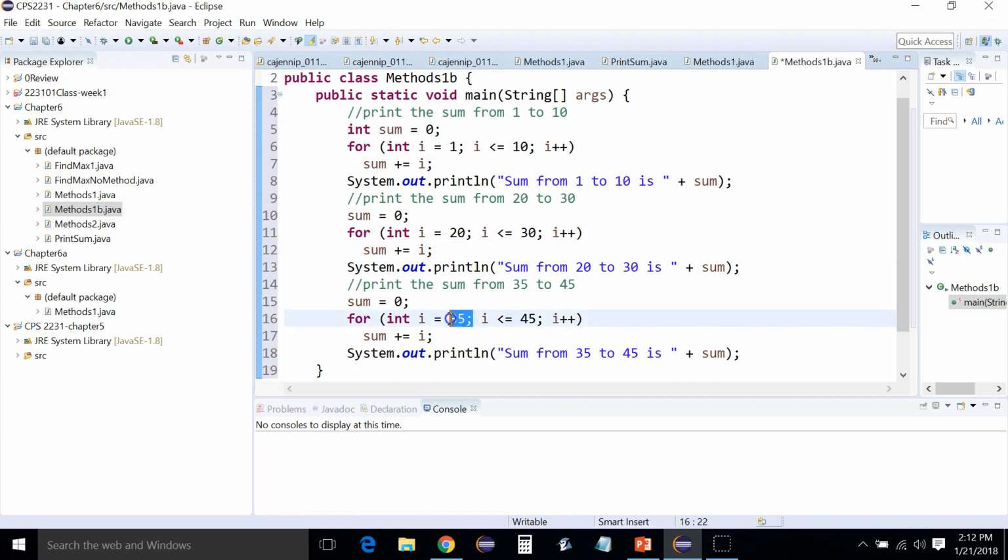So a better way to do this would be to define a method that would take as input the beginning and ending value for the loop, and call that one method over and over again to do work on our behalf from the main method. From 1231, you may remember that a method is a group of statements that are given a name, combined into one unit, and they usually do some function